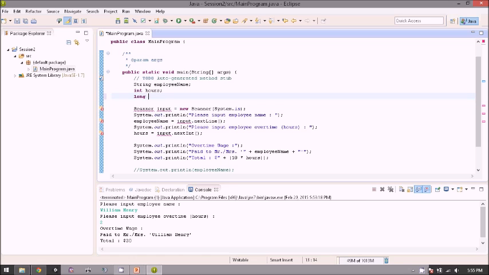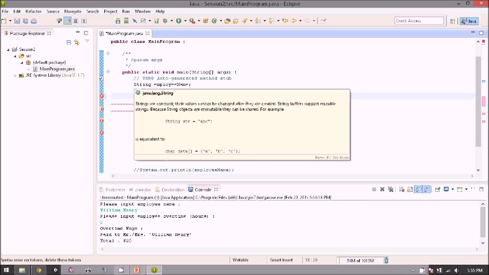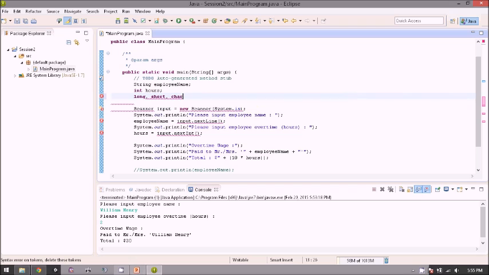So there is long, and then you can see short, which holds fewer numbers than integer, and then you can see char, which means characters. If string is a combination of some letters, char is a single letter, used to store a single letter. And then after that you can find boolean, which holds only true and false. And then there are maybe some others. So these are the basic data types you need to know. I'll just comment this.